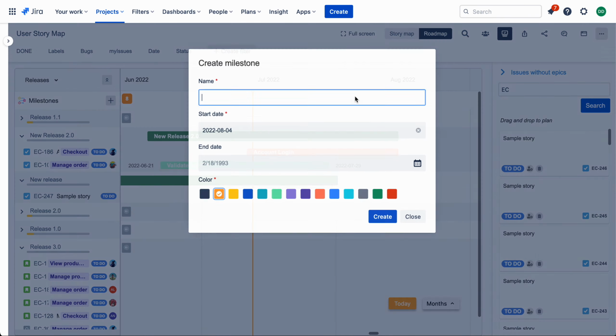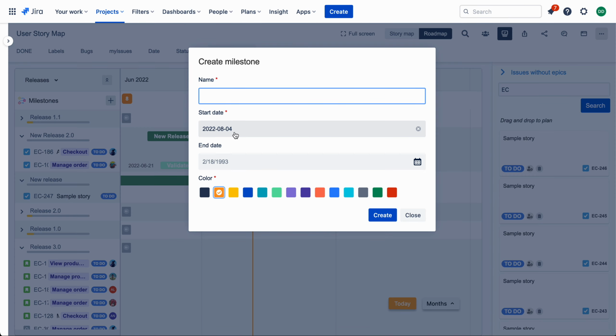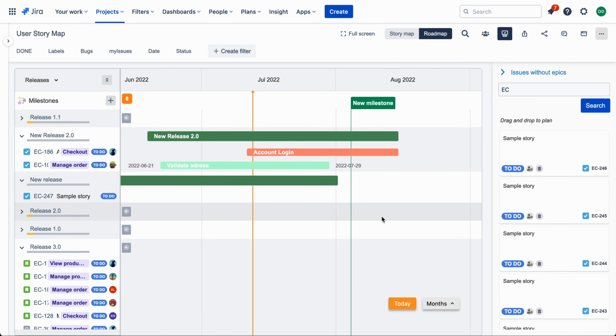Here it automatically recognizes the start date. Now I can create a new milestone. The end date is optional, and you can choose the color and click OK. So now the new milestone has been created,